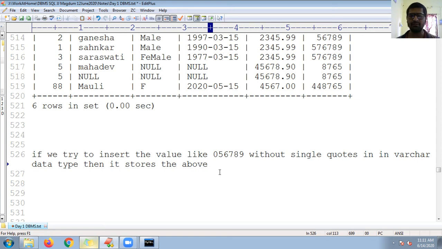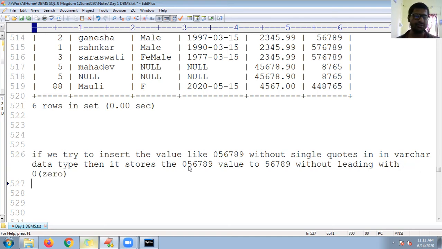For example, 2 5 6 7 8 9 without leading 0, without leading with 0, here 0. Okay, because int values, because values are number values,